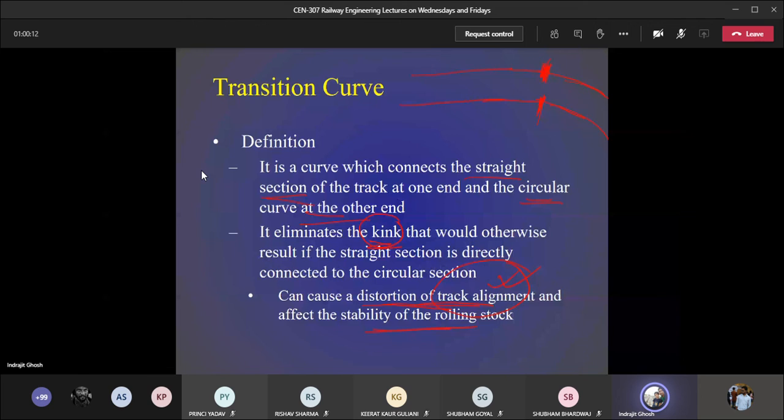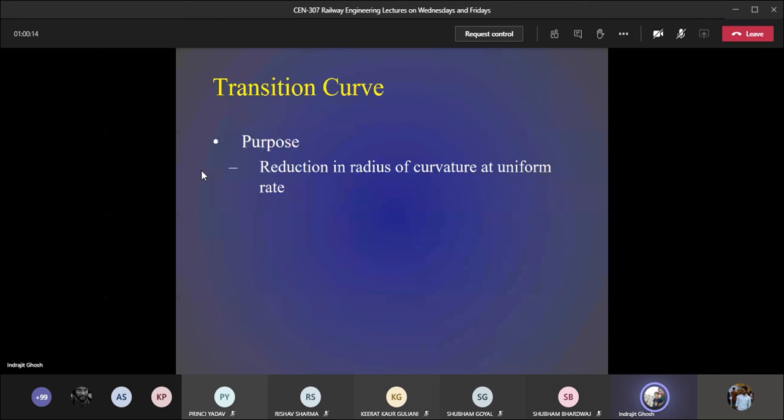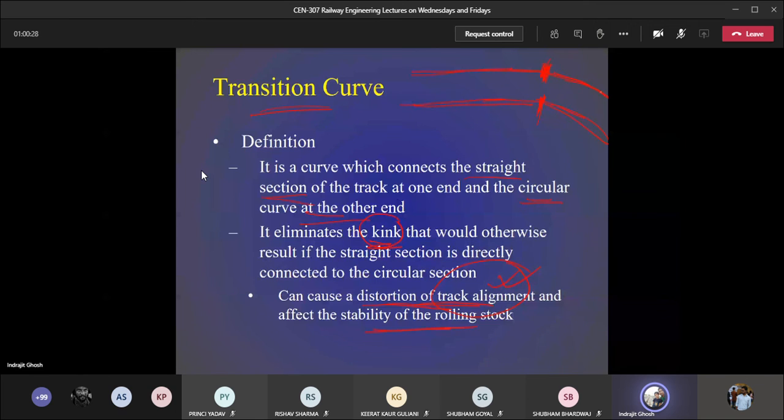So what is the objective of providing the transition curve? Similar to what has been taught during the highway and traffic engineering class. Here you can see that we have a straight track and a curve location. The radial acceleration that we will experience here because of the centrifugal force will come suddenly. Till here there was nothing, suddenly you experience the radial acceleration. That will be uncomfortable for everybody.